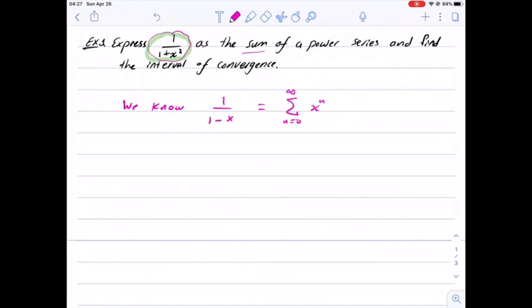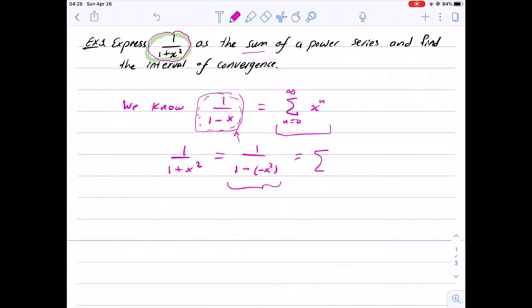So to get this function, we write it here, 1 over 1 plus x squared, and then we try to write it in the left-hand side form. So we can write 1 over 1 minus negative x squared. And now by looking at this expression, it looks in this form. So that means we can compare it with the left-hand side to get the right-hand side. We can write it as a series